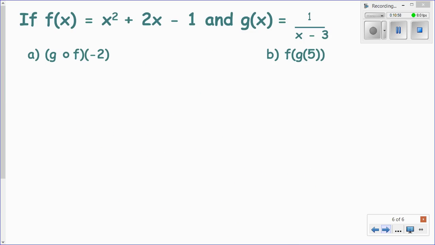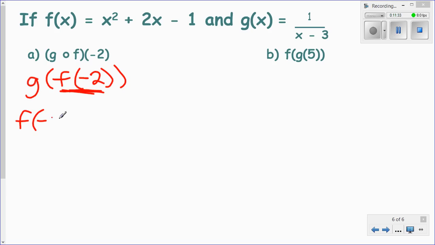All right, and then just like with addition, subtraction, multiplication, and division, sometimes we're given a value for x. And so here, we're going to find g circle f of negative 2. Now, I like to take this notation and rewrite it as g of f of negative 2, because I think it's a little bit easier to see what's being plugged inside of what. So in this case, you want to start with the inside. We actually want to start by finding f of negative 2 first. So let's do that, which means we're going to plug in negative 2